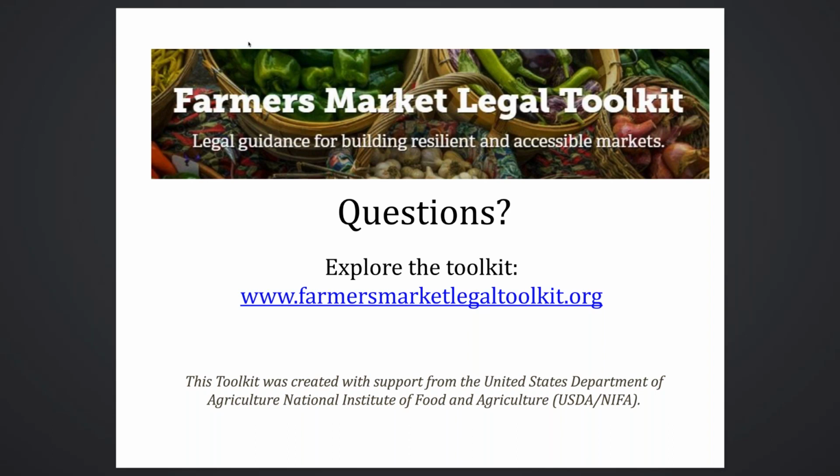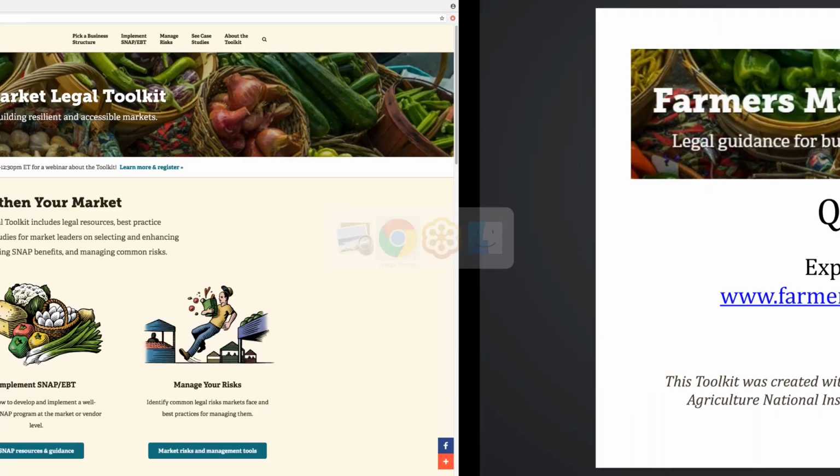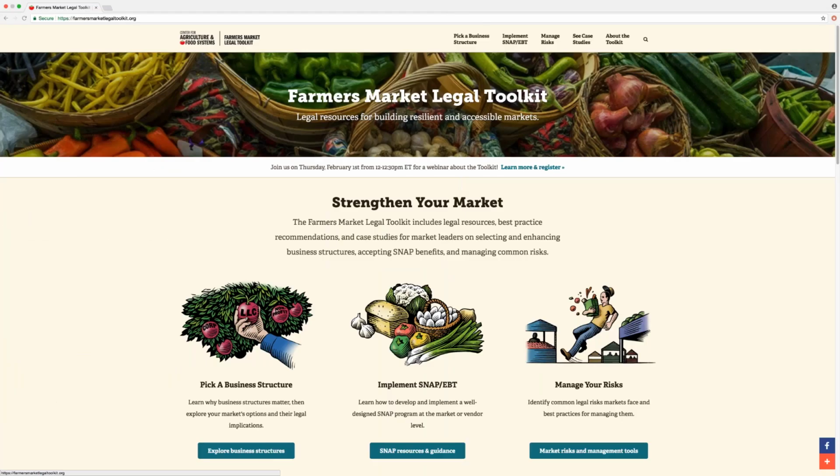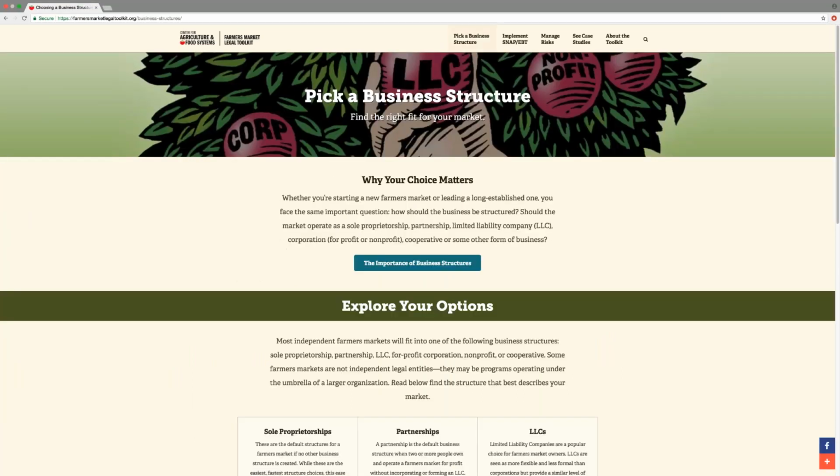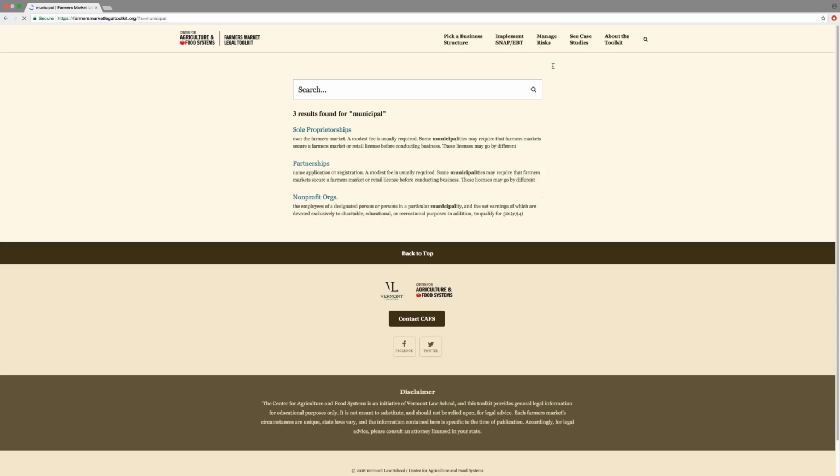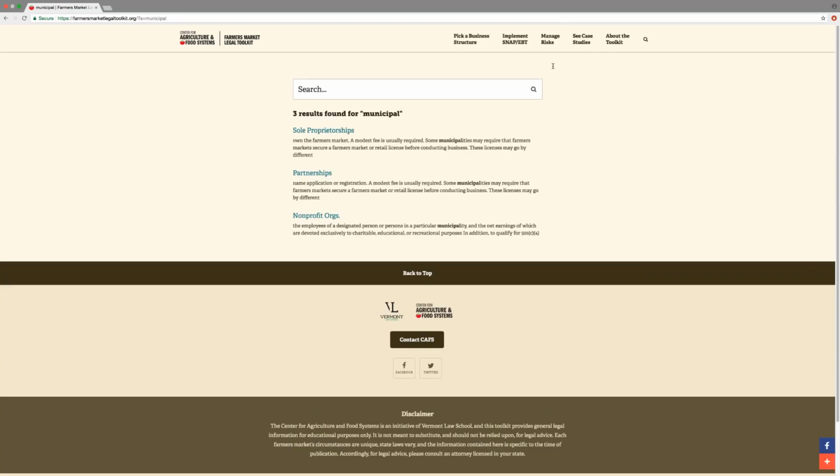Hi, yes. So if you go back to the website, Lilani, for a question like that, if you don't see a topic listed or within the pick a business structure section what you're looking for listed, I would just go ahead and search it with the search tool. And in this case, if you do that within the legal toolkit, there's a little bit about what some municipalities require in terms of retail business licenses. But for the most part, if you're looking for a big list of information about municipally managed markets,